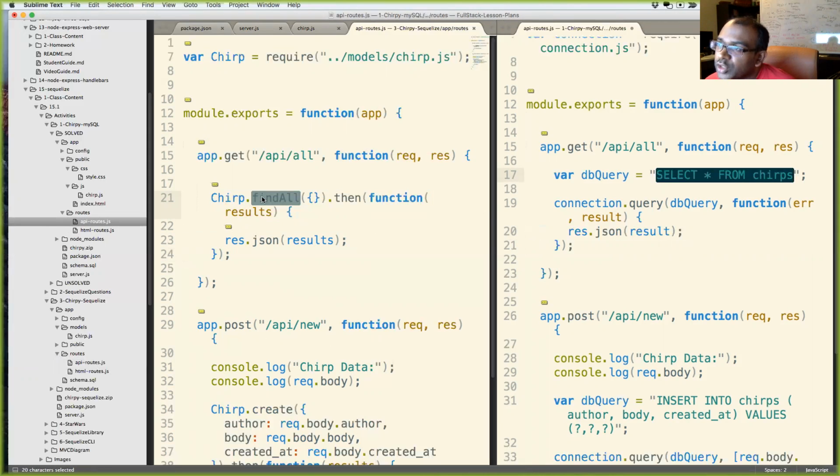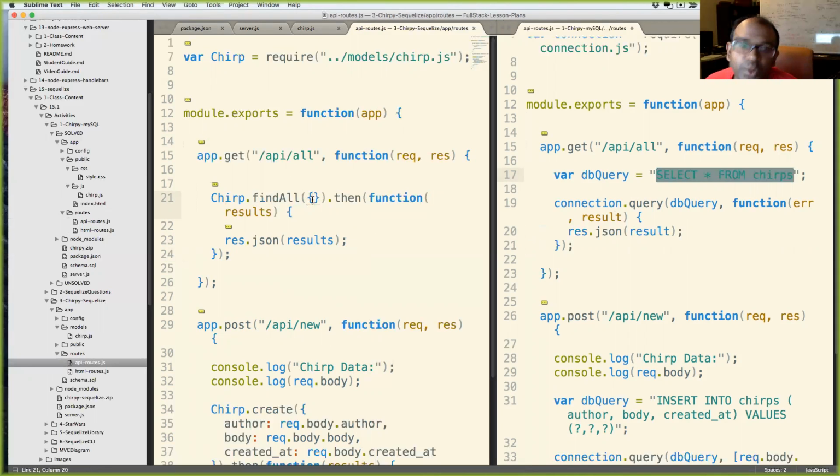How do you know to do this? You look in the documentation. But in our case, you're going to have a code snippet, so you're not even going to look at the documentation. You're just going to look at your code snippet because you have it right here. Any questions on this? What's with the curly braces in find all? So this takes in an object by default.